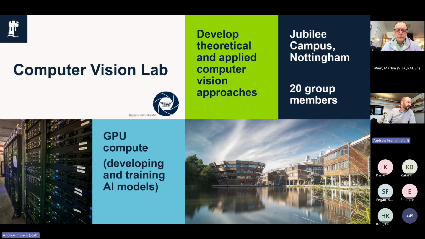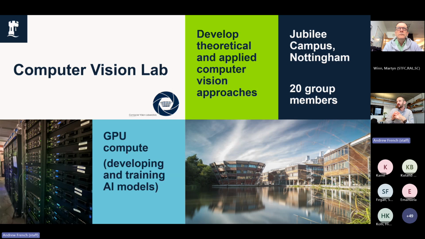So I've been doing this for quite a few years now, and we started off with very classical programming of sort of stepwise solving of image processing and computer vision tasks,